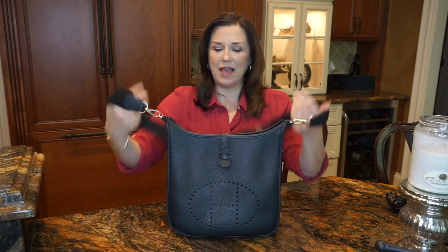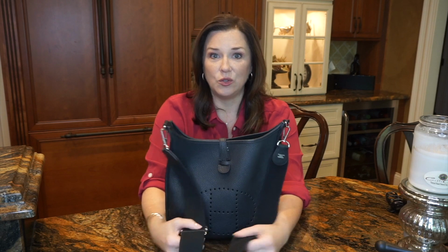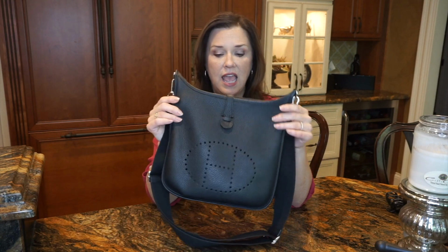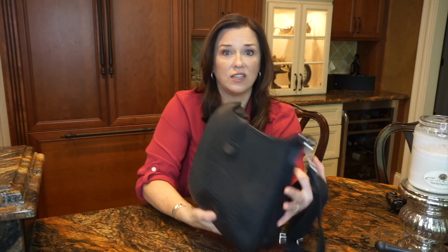This is the PM size, and I wanted to show you a little bit about the bag if you're unfamiliar. It has this lovely, lovely hardware, and this one is quite used, by the way. The inside is pilling a little bit, and I'll show you that with the leather soon, but this was from 2014, has been used by many, many people, and it's absolutely gorgeous, still in fantastic, amazing condition, which really did help me realize that they mean business, they're made beautifully, they look brand new for the longest time, they're serious bags. And I really needed to see that for myself to sort of justify it,